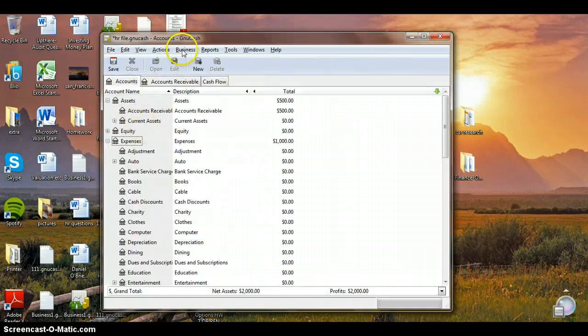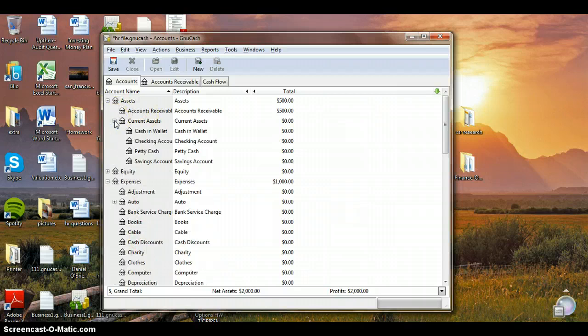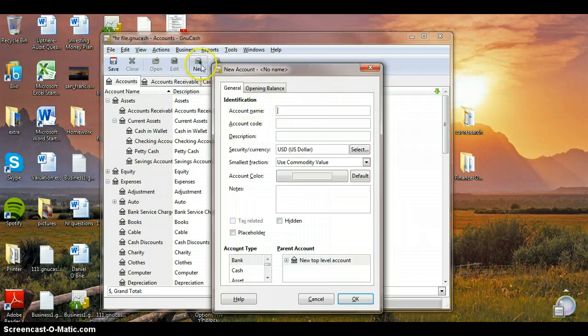And again, if we go to the front page, we can see just kind of more of how you can have a lot of various options under each of these accounts. So you can be really specific, such as here cash and wallet, petty cash, savings accounts, things like that. And you can even add new accounts. I just click new right here, and you can go ahead and fill this out, put in your account name,